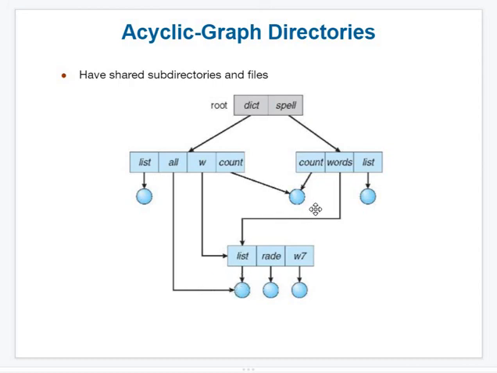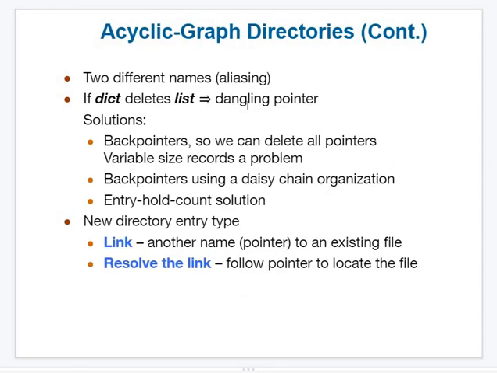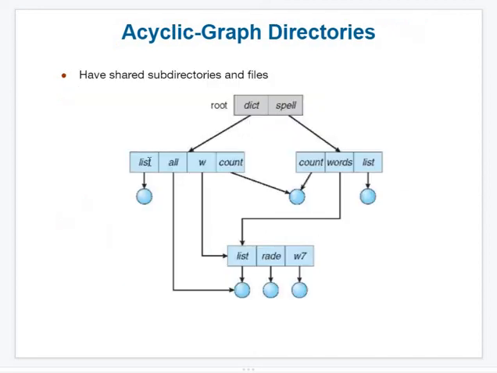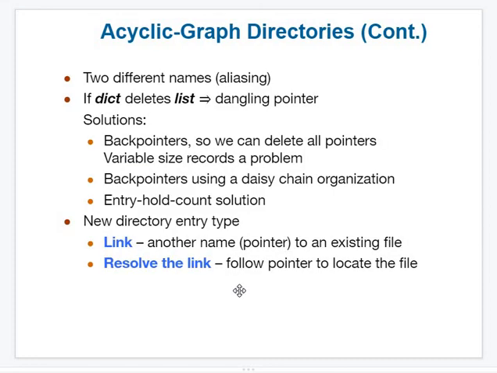That means this path is dangling now. You can see here, dangling pointer. So you have to go back to the back pointer method if you want to recreate the file. That's why we should be very careful whenever we are sharing a file with others. To avoid this, we have access methods, like whether he is only allowed read, write, or execution. So if he is allowed read and execution, he cannot delete, he can only use it. But whenever we allow the user write, definitely he may try to delete it if it's unauthenticated. So we should be very careful.